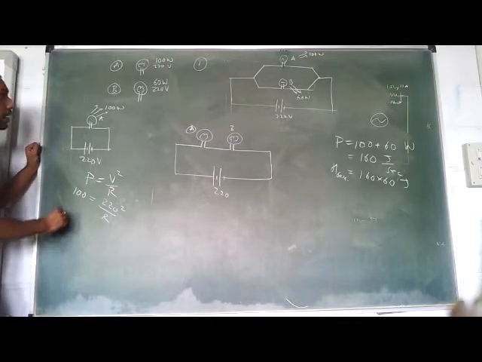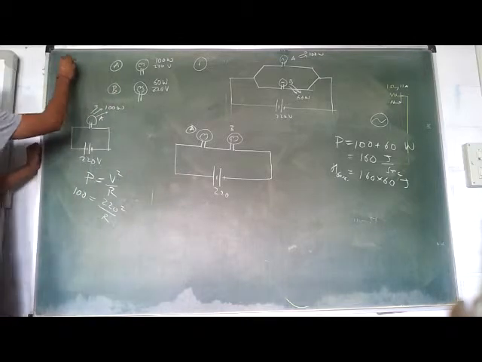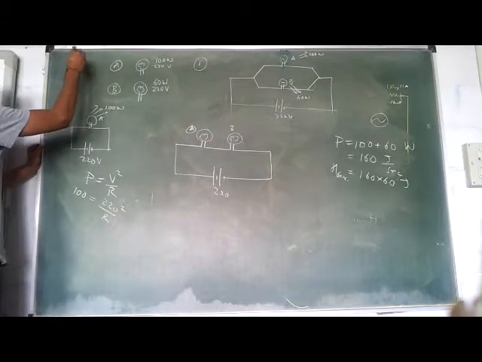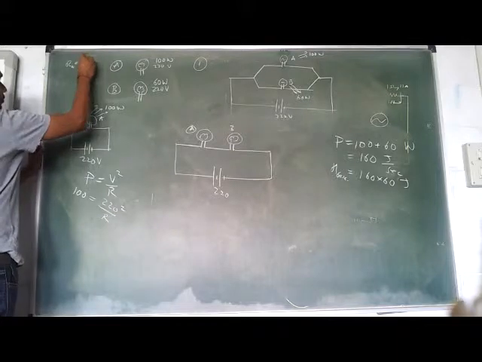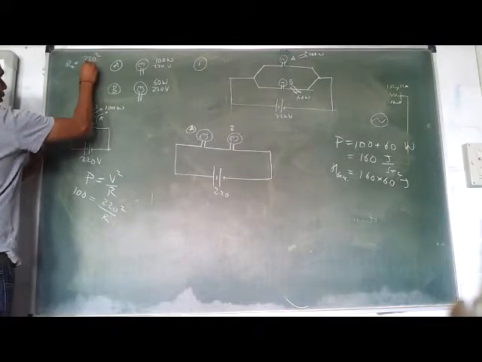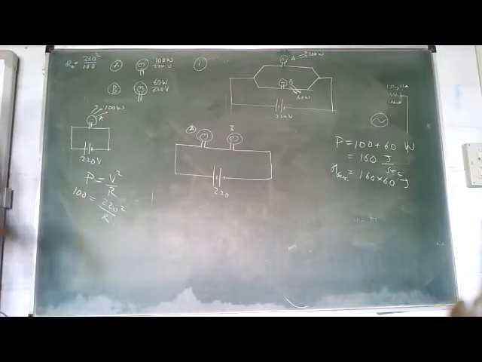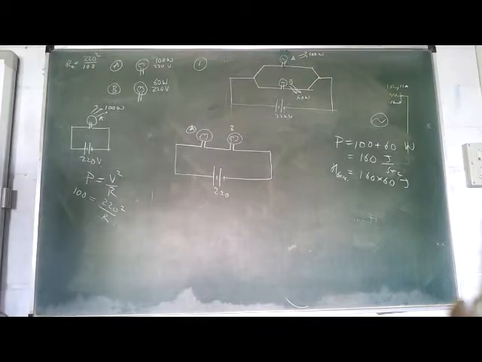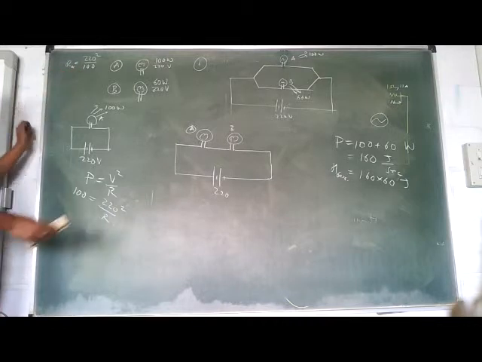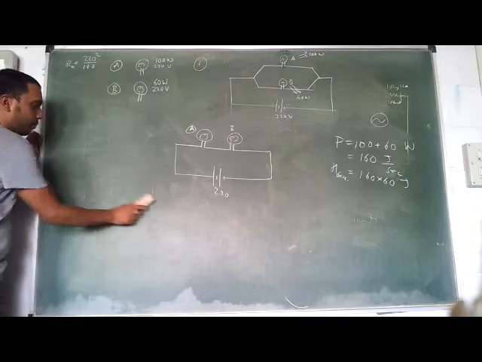So what do you get as R? The resistance of this bulb, RA, is equal to 220 square by 100. I will not cancel that 220 at all. Even if I get a 22 in the denominator, I will still not cancel it. Leave it as it is. In the end it will get cancelled. If it doesn't get cancelled there, at that time you start multiplying. Get the point? Do not start cancelling even though it is quite easy over here.